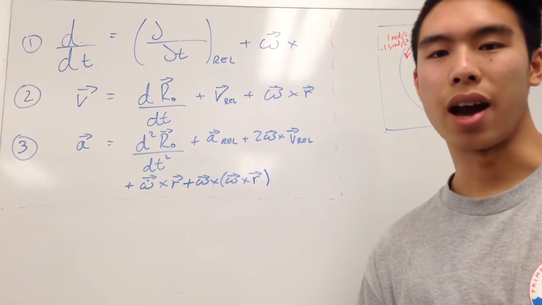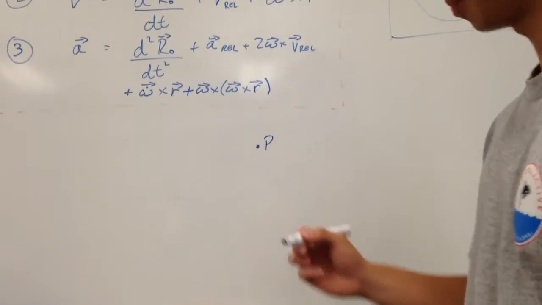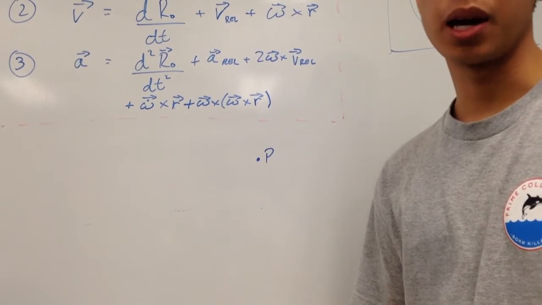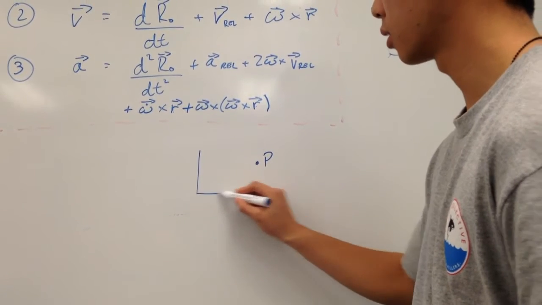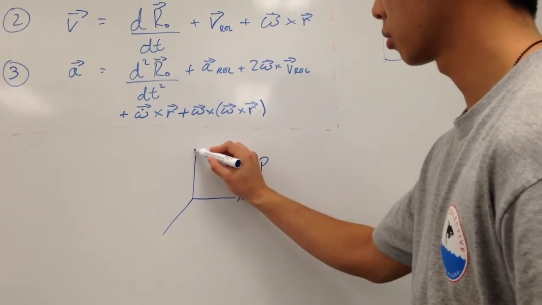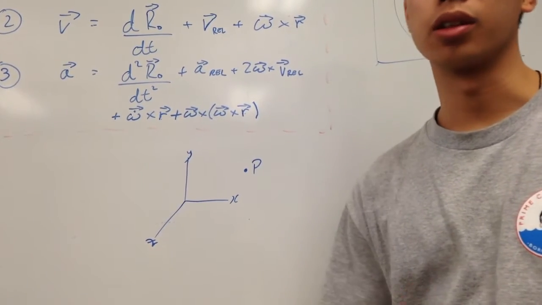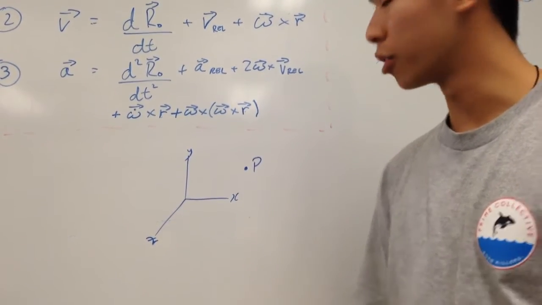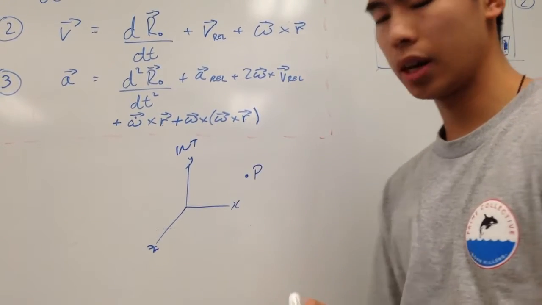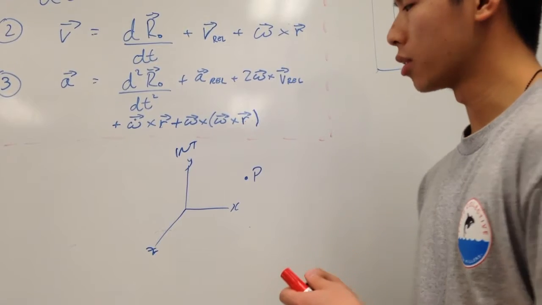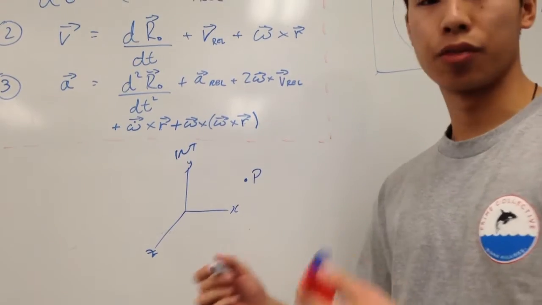Rotational kinematics is whenever you have some sort of point of interest, we'll call it P, and you know about the motion of P in one reference frame. We'll call that the intermediate reference frame. So we'll just draw that here. So you might know the velocity of P, you might know the acceleration, displacement of P, all with respect to this one, the intermediate reference frame. And if you want to find out the velocity, acceleration of P in a different reference frame,